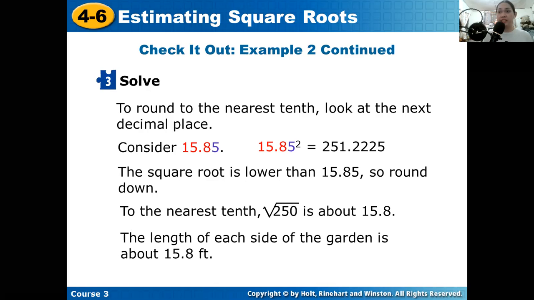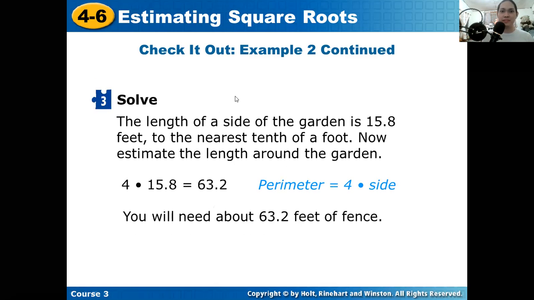So if we check it out, if we square 15.8, that gives us 249.64, which can be rounded off to 250, which is very close to the square root of 250. So that's it. Please be careful in rounding up and rounding off. You decide based on the problem. Is it close to the value of our estimated square roots or not? If it is close, then accept its value. If it is not close, then do not. That's it. So we will end it here, perhaps.